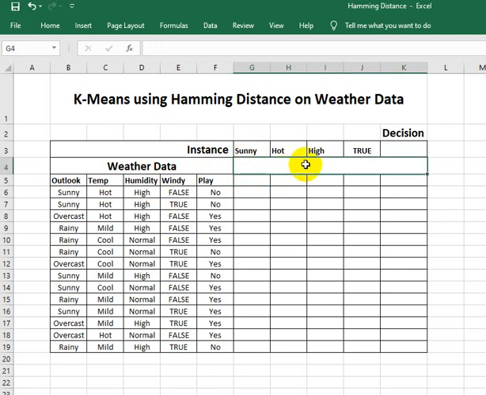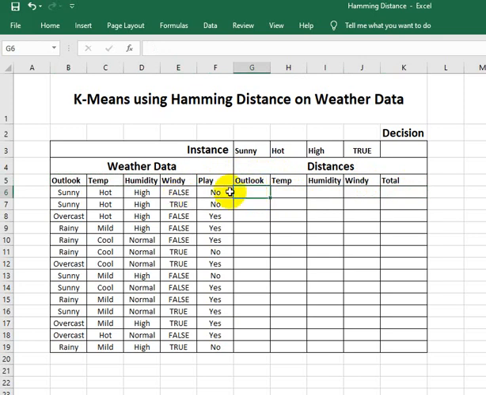So we will determine the distances in this table for every case, including outlook, temperature, humidity and windy, and at the end we will compute the total distances over here.